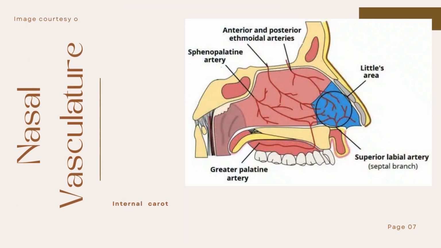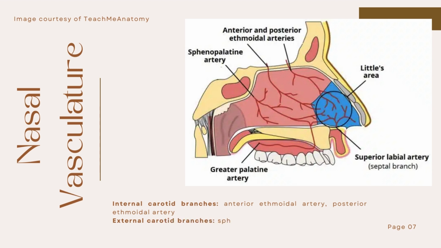I'm now going to talk a bit about blood vessels within the nose. Some of them do have clinical significance, so I'm just going to quickly go through them. There is an area within the nose where 5 arteries anastomose, known as Little's area or Kiesselbach's plexus. Sorry about my pronunciation. This is near the anterior nasal septum. The reason why this is significant is because it's the most common site of nosebleed or